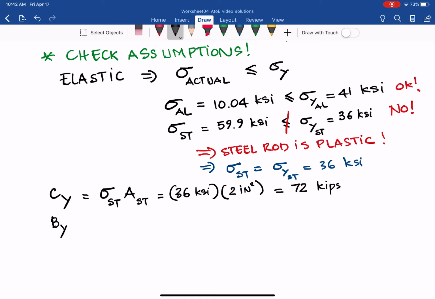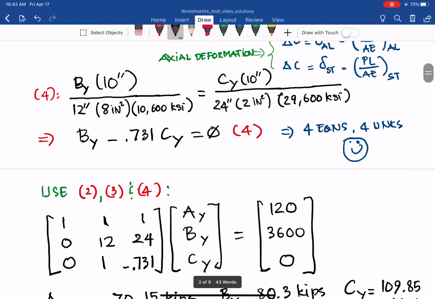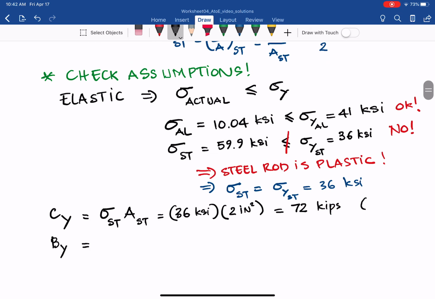Here it is equal to, and the direction, as you can see, is positive here, so go up on member ABCD, and compression for that member. So how can we find out By? That is from equation